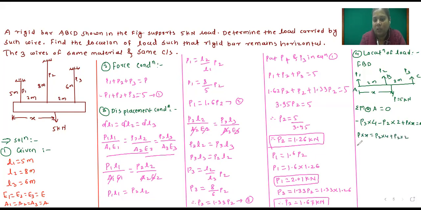Now we will put values here. The value of P is 5 into X, which is equal to the value of P3, 1.67, into 4 plus